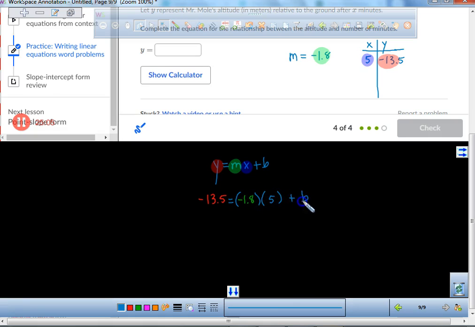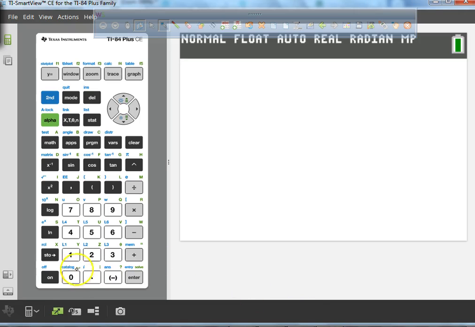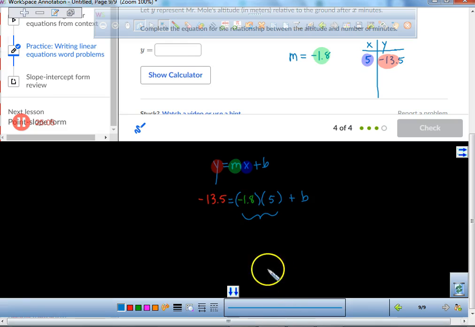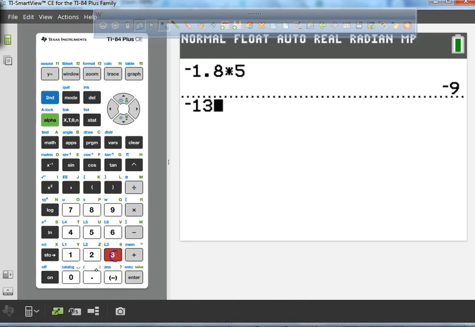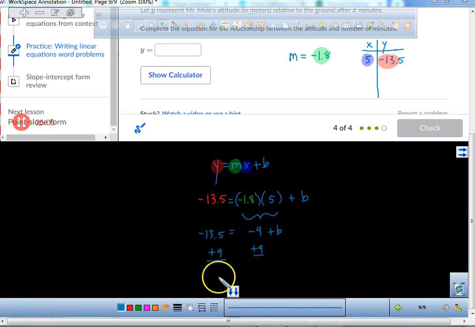And all I've got to do is find my y-intercept, my b value. So I multiply these two together. So I'm just going to take negative 1.8, multiply it by 5. I get negative 9. And then all I have to do is add 9 to both sides. Okay, so negative 13.5 plus 9. So negative 4.5. So his burrow started out at negative 4.5